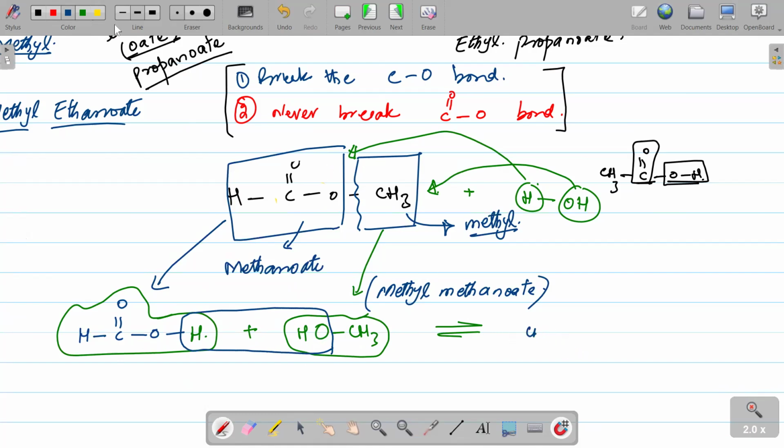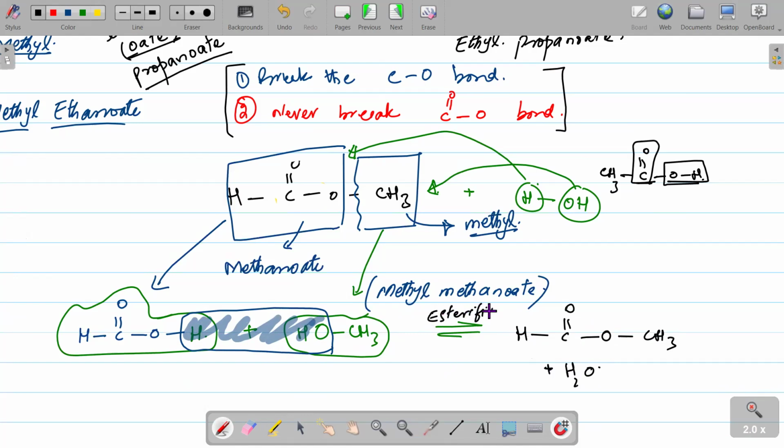Again, you can see they will form an ester plus water. So HC double bond O and O and CH3. By the loss of this water, you can see here, it's lost in the form of a byproduct. So it's a reversible reaction. So ester on, and remember, this forward reaction in which ester is formed, that is known as